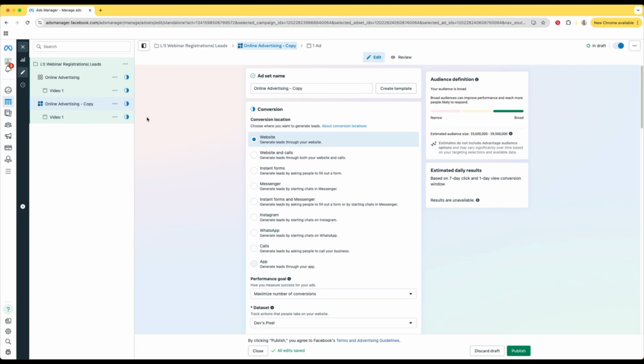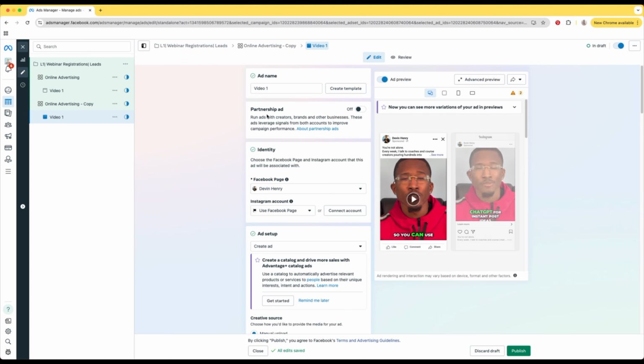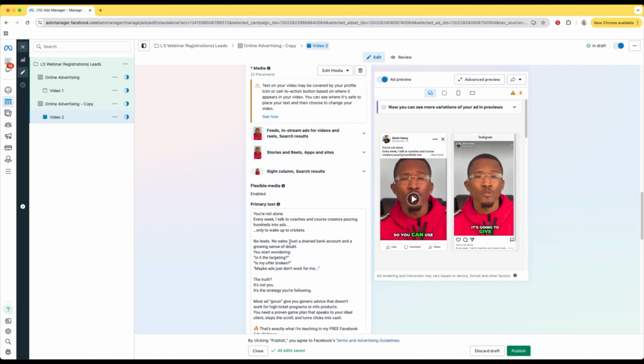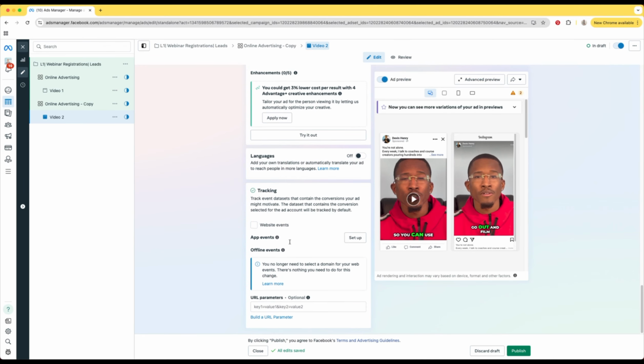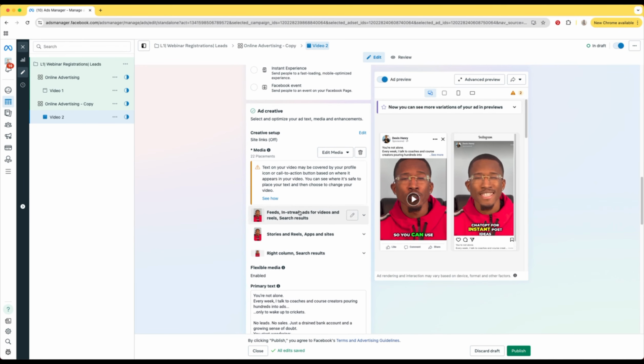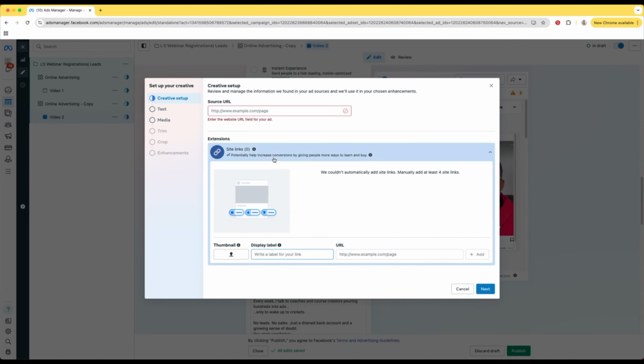And now it made a copy of the ad set, which means it also made a copy of the ad level as well. So what we're going to do now is go to that second ad level, that duplicated ad level that it just created. And we are now going to change this name to video 2. And now we're going to go down and we are going to upload this second video, right? So we're going to edit media, and we're going to change video,